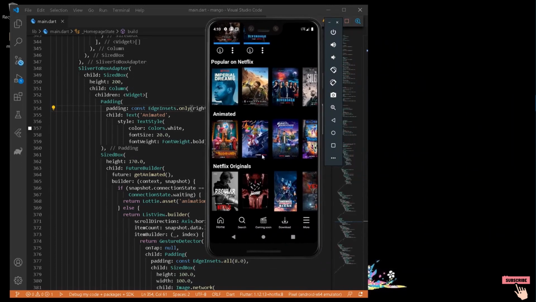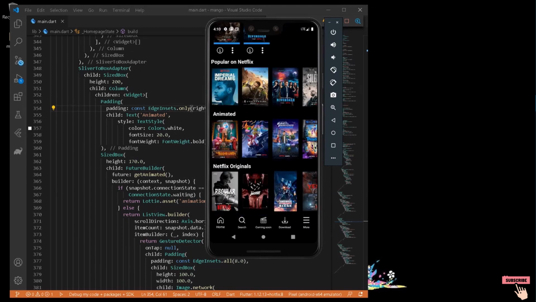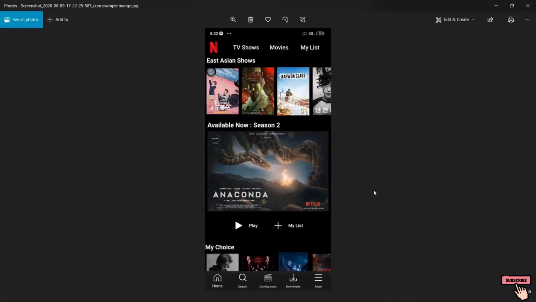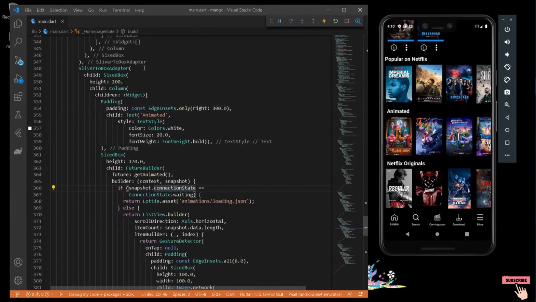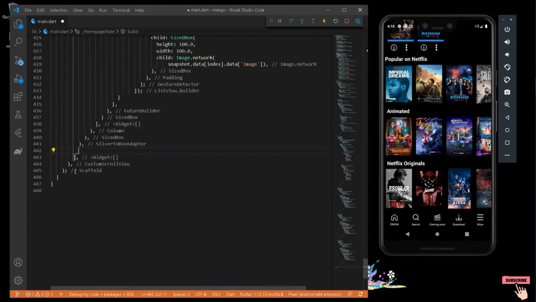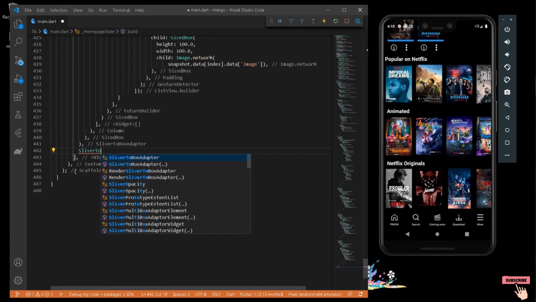Now we have completed almost 40% of our UI. Now the next thing is about adding an image to it. So if we see our prototype, now it will contain an image, which is a large image along with a text as well as some button. Now we are getting familiar with implementing a UI, so let's do it once. Okay, so after this SliverToBoxAdapter and after this SliverToBoxAdapter, here we can write another SliverToBoxAdapter. So I can write here SliverToBoxAdapter.